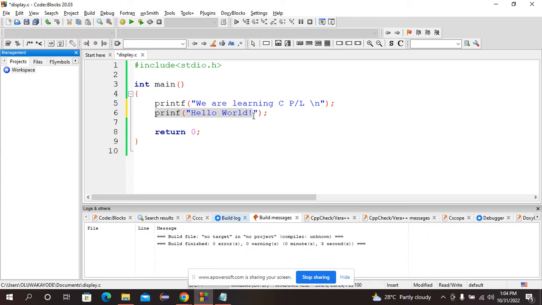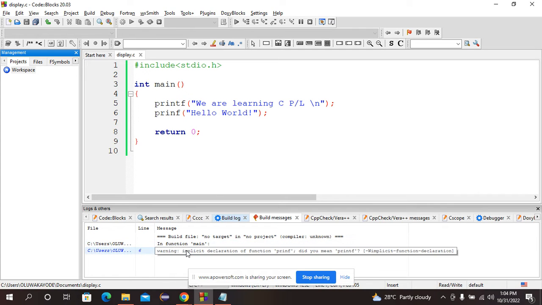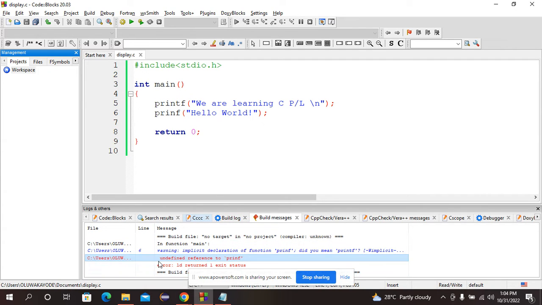We had an error in line 6 of our code. When we click build and run, it showed the error here: undefined reference to printf. But what I want to call your attention to is that instead of returning 0, the error returned 1. Remember I told you when the compiler returns either 1 or -1, it indicates that the program does not run